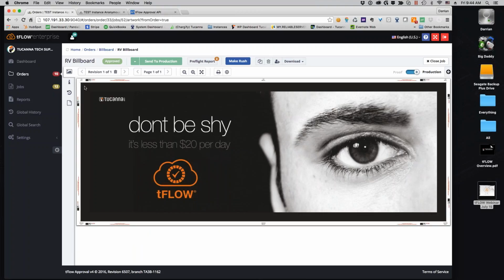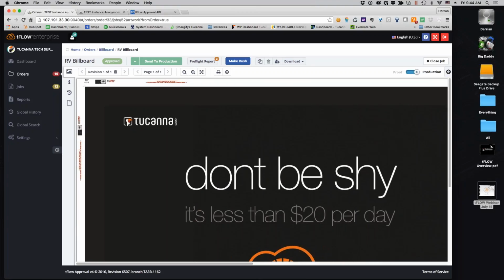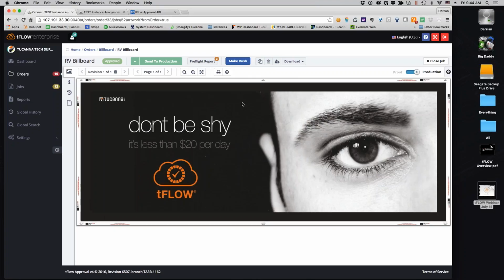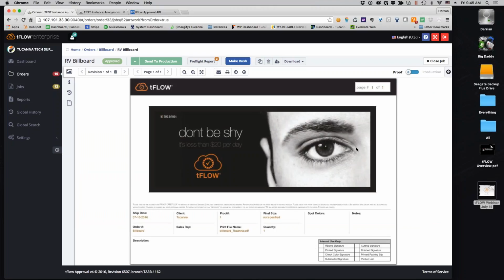If you look, you'll see that our finishing profile has added in a thumbnail, the job number, and some other instructions about folding and things like that, the folding area. So that's what we mean when we talk about being able to automate the process. This is already the production file waiting to be sent to production, while this here is the proof that the